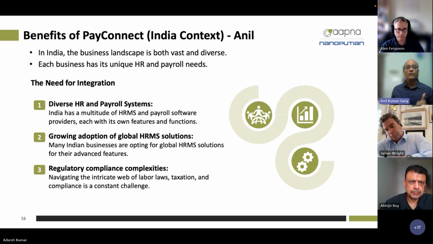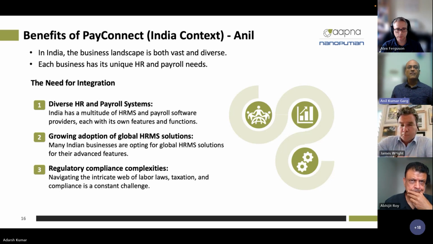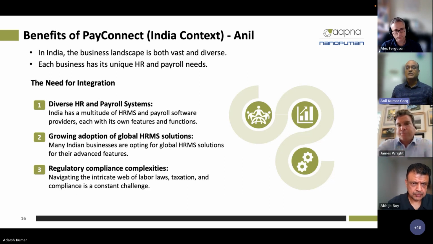The need for integration. First, we have the challenge of diverse HR and payroll systems. India boasts a multitude of HRMS and payroll software providers, each with its own set of features and functions. This diversity often leads to fragmentation and inefficiency. It's a complex puzzle to manage and can lead to operational inefficiencies. Secondly, we are witnessing a growing adoption of global HRMS solutions. Many Indian businesses are opting for these solutions due to their advanced features. While this is a positive step forward, it often poses the challenge of seamlessly integrating these global systems with local